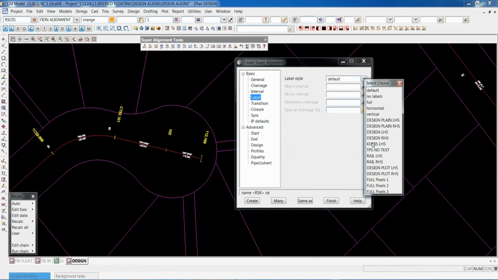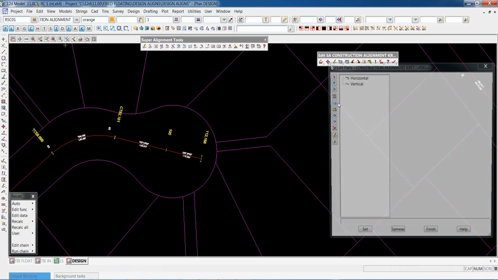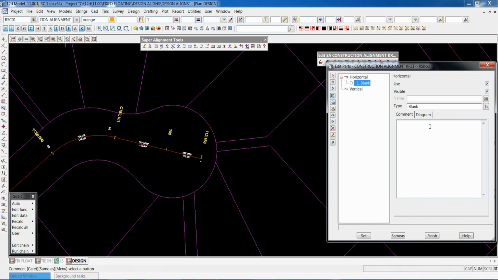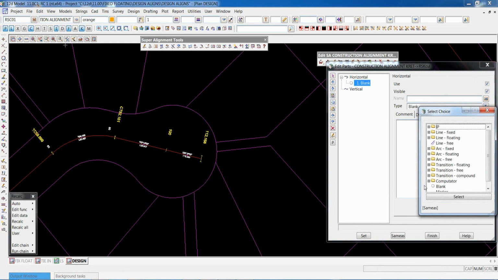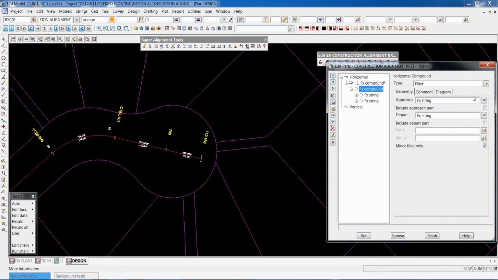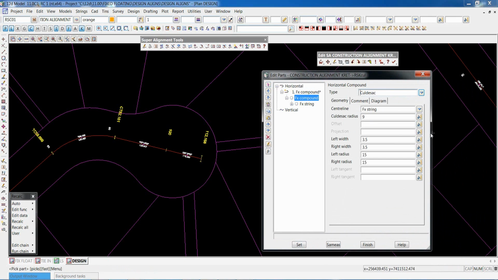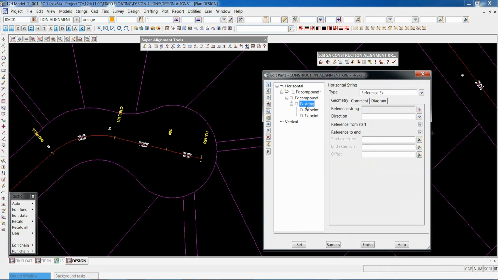Just pick this one, a nice simple one, just shows the radii. Again, just like the curb return before, it's a computator and fixed compound. So the fixed compound here is not going to be a fillet, it's going to be a cul-de-sac. So the cul-de-sac has lots of options here preset, we'll just leave it to that. So we'll get set, and then we'll drop down and pick our string.